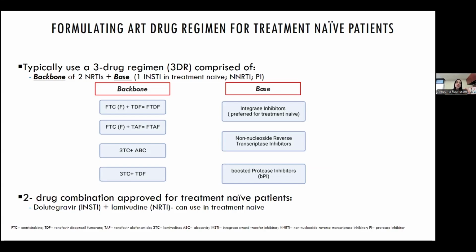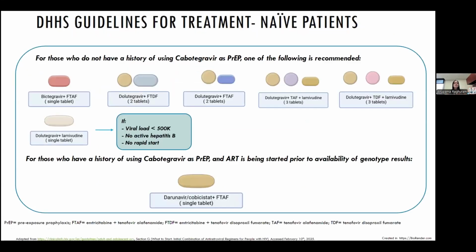Okay, so let's move on and see what are the indications and what are the Department of Health and Human Services guidelines for first choice in therapy. So I tried to simplify this as much as I could. So essentially you see here 2 groups of things. One is for those who have never used cabotegravir injections as PrEP. And what's the concern here? There is some concern that those folks might have, since they've been exposed to cabotegravir, which is an integrase inhibitor, that they could potentially have developed resistance, particularly if they weren't taking it as prescribed or they were missing doses,